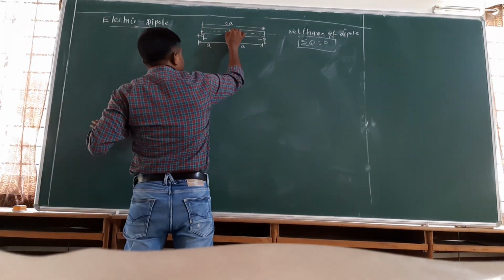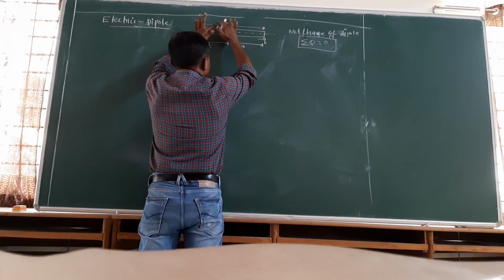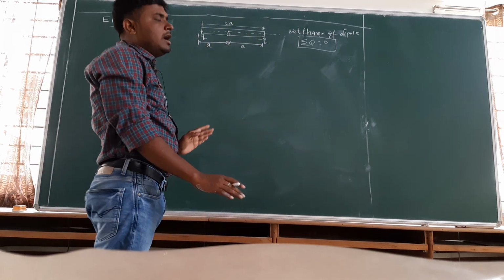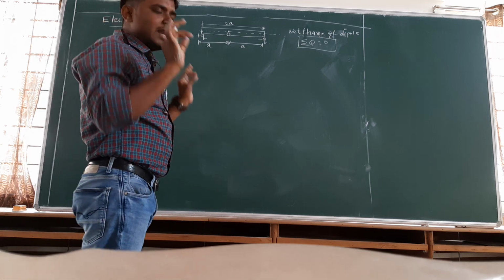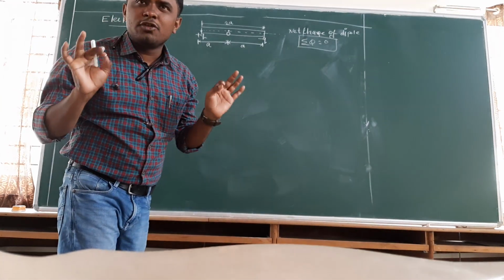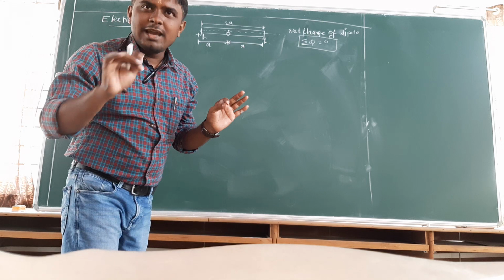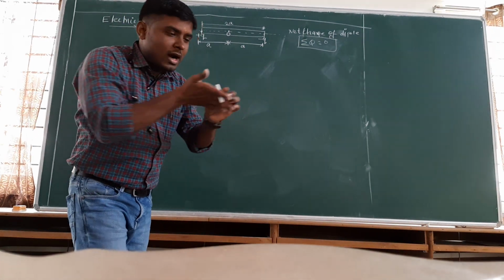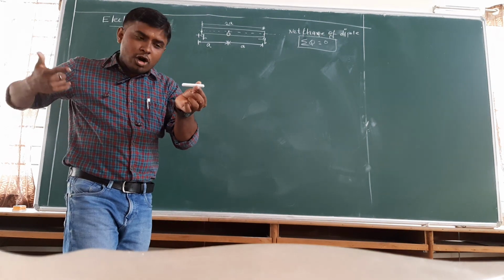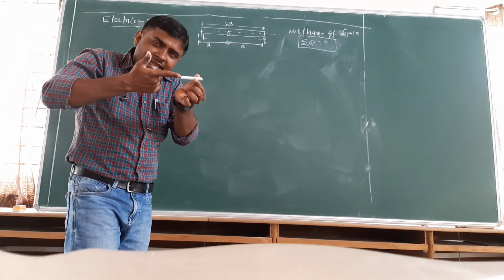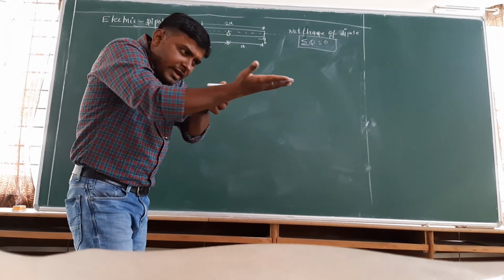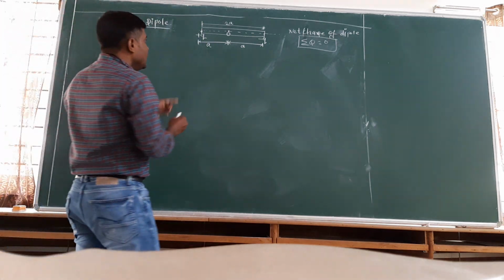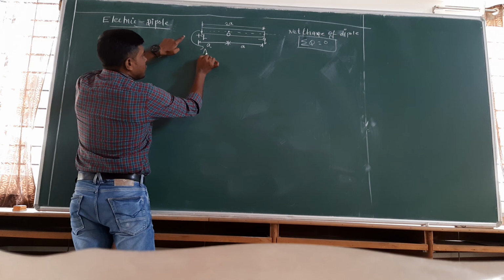This is the center, the distance of separation is 2a, this will be a and this will be a. Now remember one thing, what is the axis of dipole? A line which is passing through the center of the dipole, along the dipole. If this is our system and a line passes through its center along it, what will we call it? Axis of dipole. Correct. So this is called the axis of dipole.